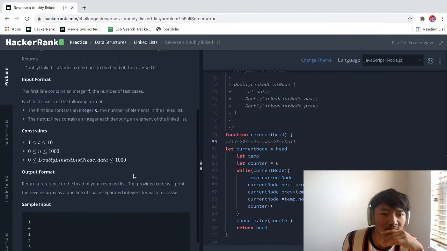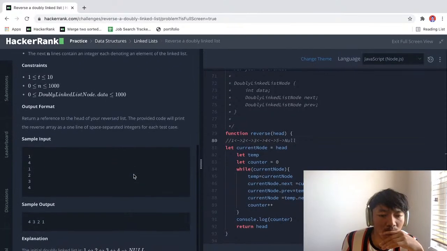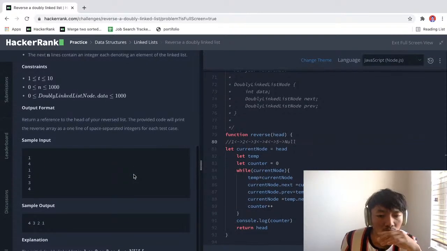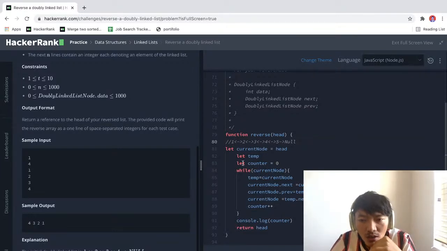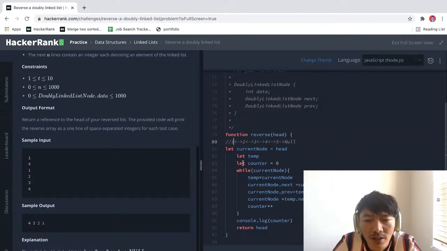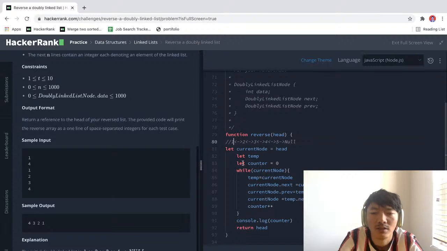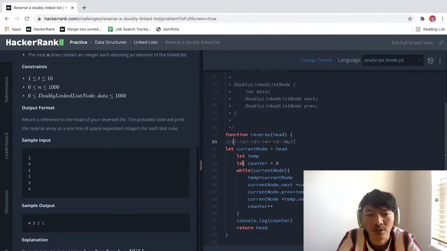So it will be current node previous, current node, head. So current node equals head. So we give the head to the current node and the temp and then counter and then we say if